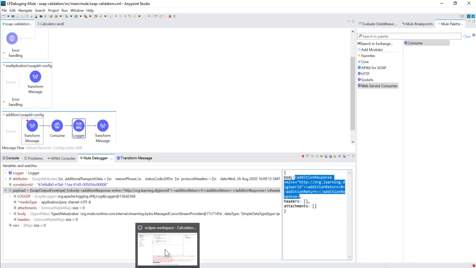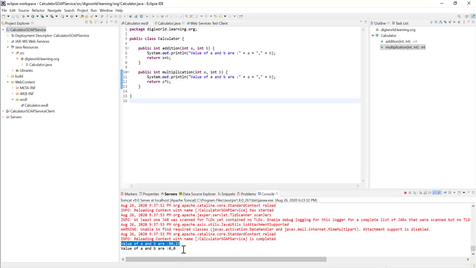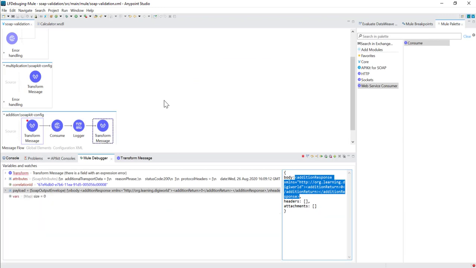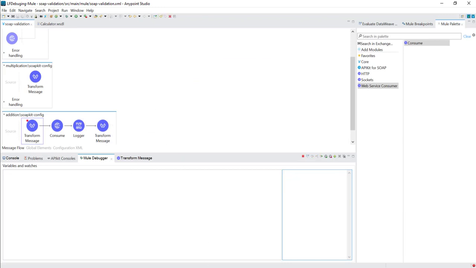Here also we find that this is the value which has been passed to the actual service. Now if we move ahead,